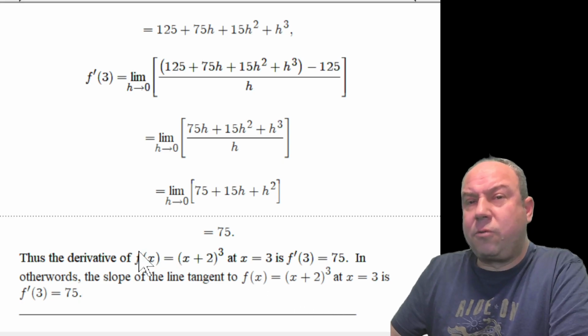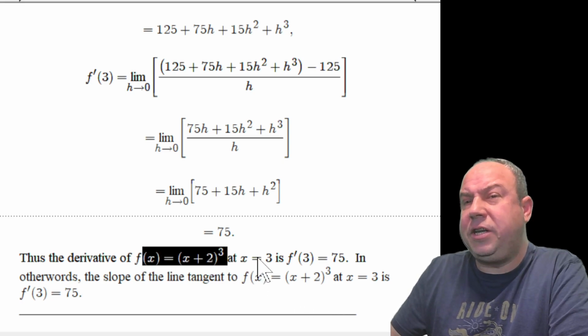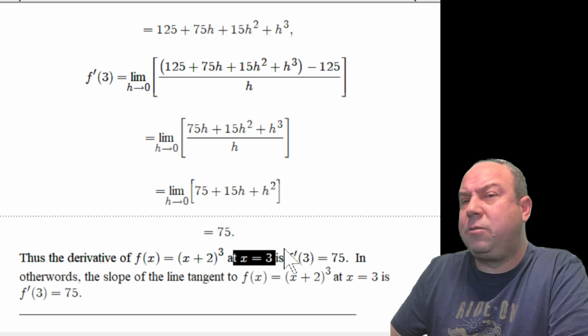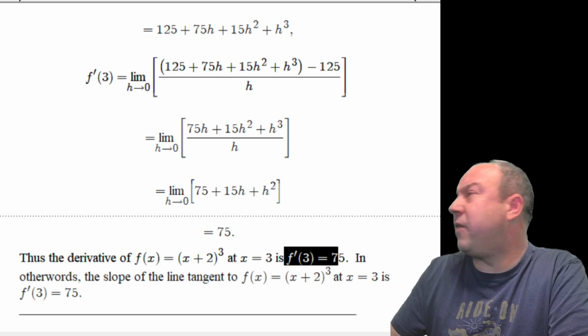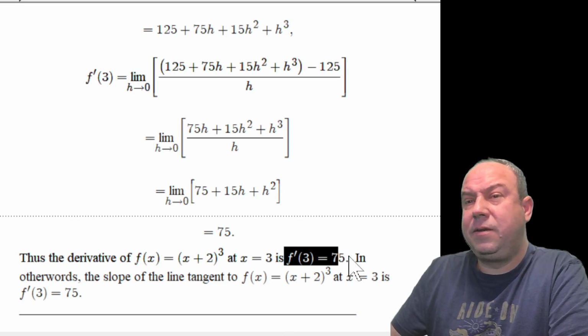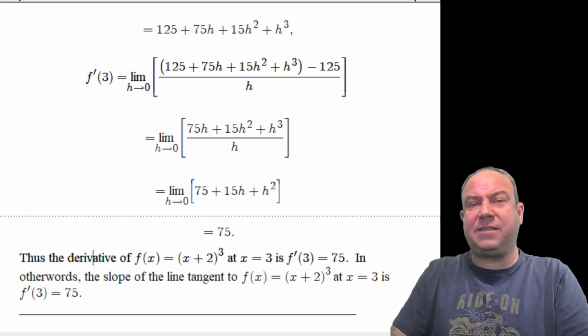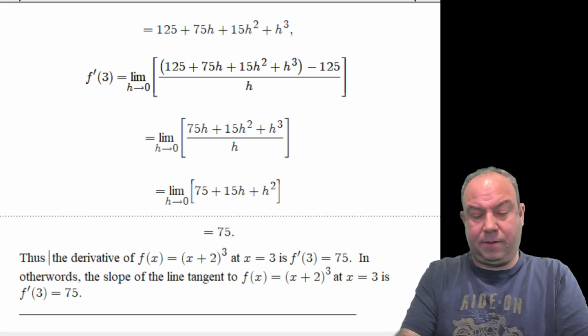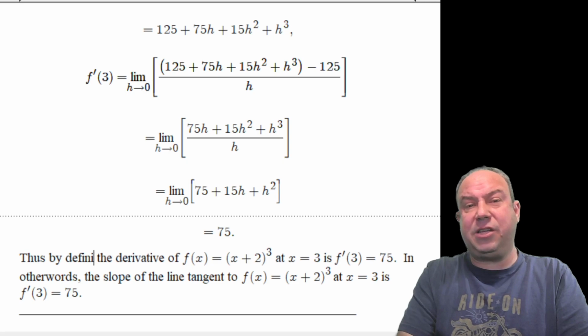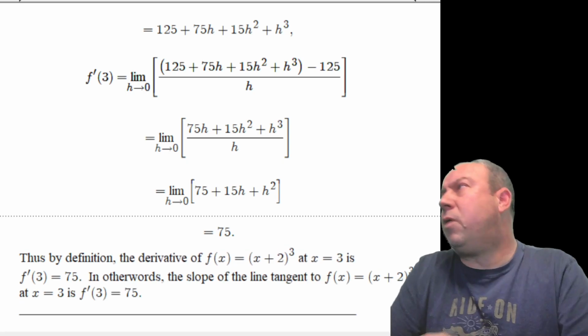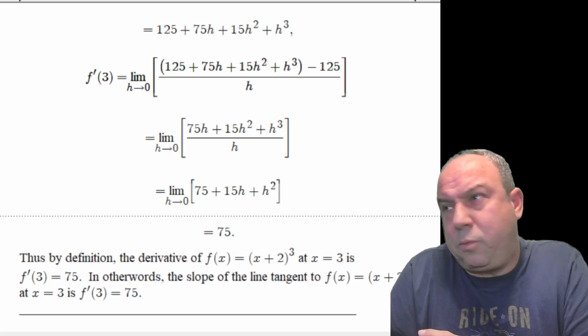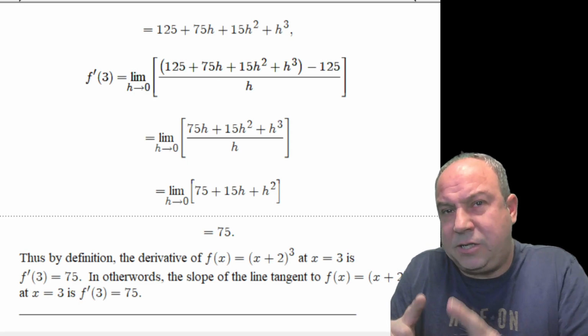The derivative of function f, this function here, at the value of x equal to 3 was calculated by definition, this value of 75. And maybe we should highlight that. This is thus, by definition. What we are going to point out here, and maybe I should point that out while I make this statement and make this little change,